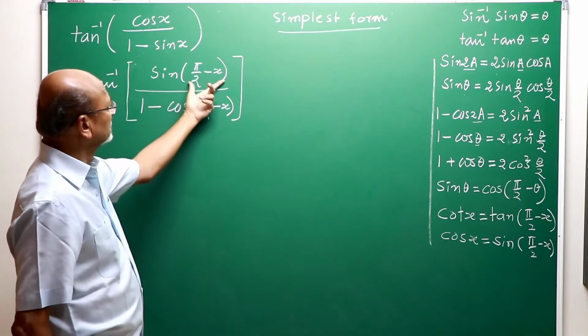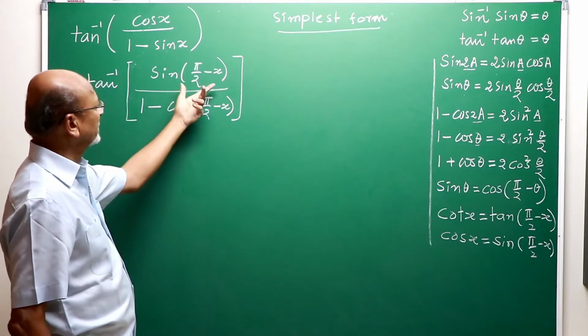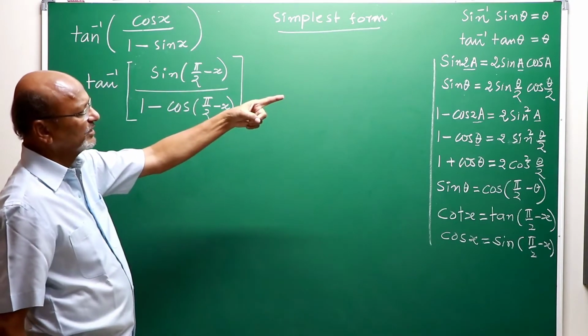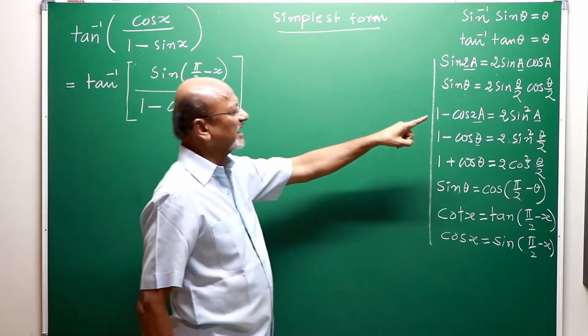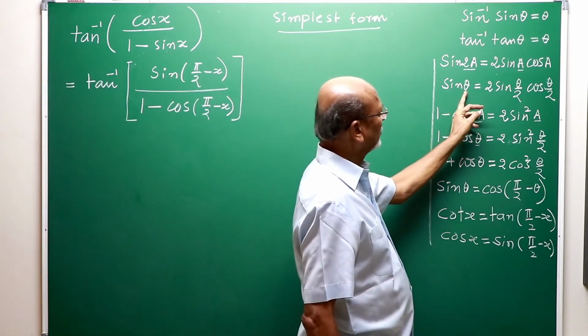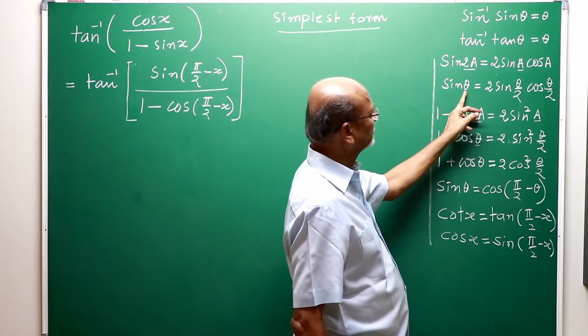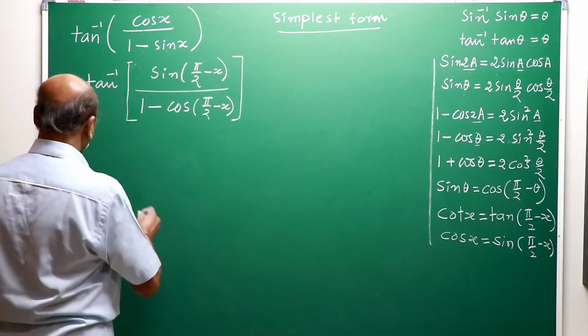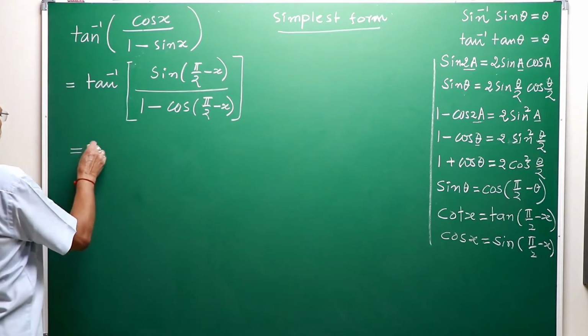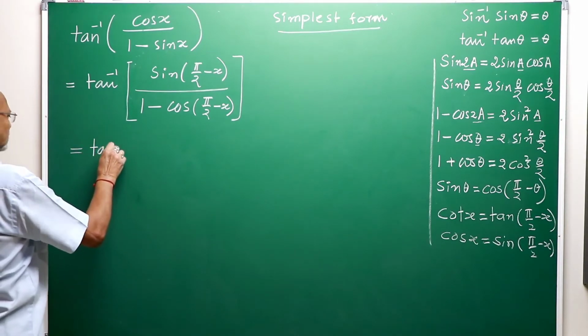What is it? Sine theta. What is the formula? 2 sine theta by 2 into cos theta by 2. In the RHS you have to write what? Half of the angle in the LHS. Write it. Yes. This equals tan inverse